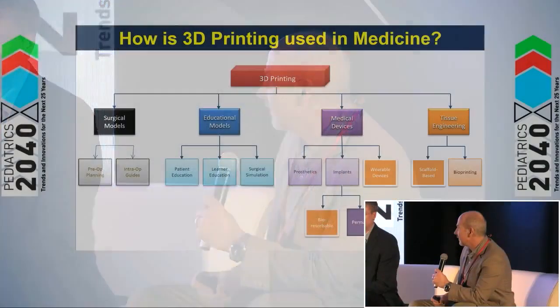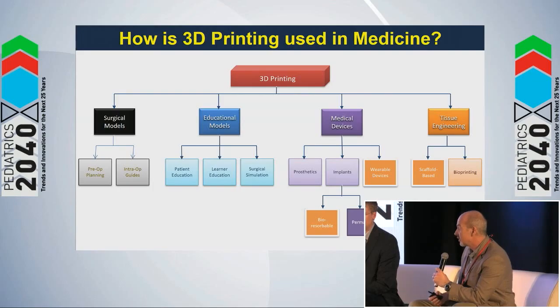And just to give you an idea of how 3D printing is currently being used in medicine, we've had a number of talks already at the meeting talking about the use of models for pre-op planning, for surgical planning. And obviously, in one of the sessions yesterday with the patients and their families, one of the big issues was communication. How do you talk about the procedures? That's another role that 3D printing can fill, because you can build models and use these models to help explain to patients what their procedure will be, and to get patient interaction with their procedure. So it's being used quite a bit for pre-op planning, for surgical planning, intra-op guides, patient education, physician education, and